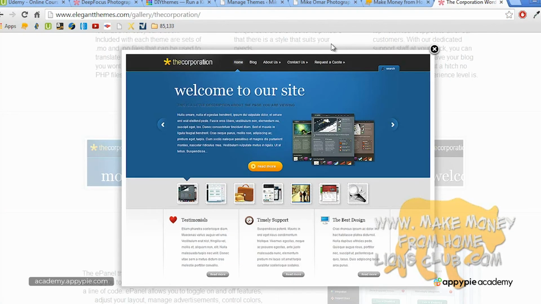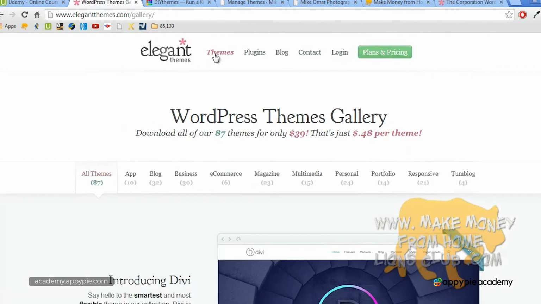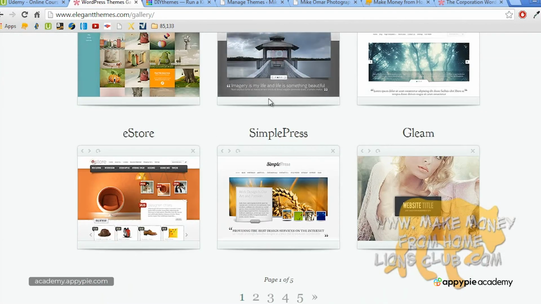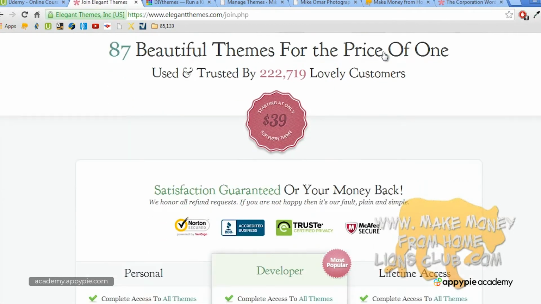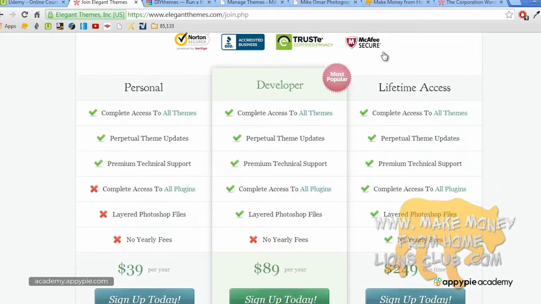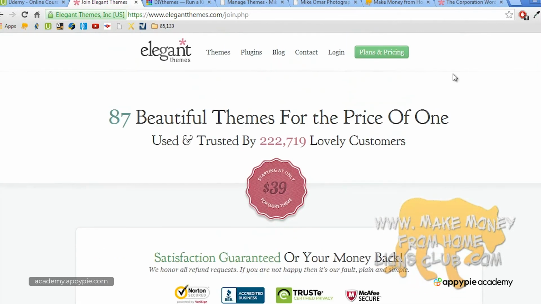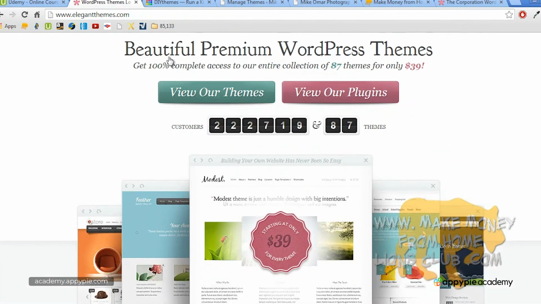So if you're looking through and you decide that you like one of the themes, you go ahead and become a member, whichever level membership you want to become. So you could go to plans and pricing. There's personal, developer, and lifetime access. Just read about the different ones, see which one you think is good for you, and go ahead and sign up for the website. I'm already a member, so I'm just going to log in,